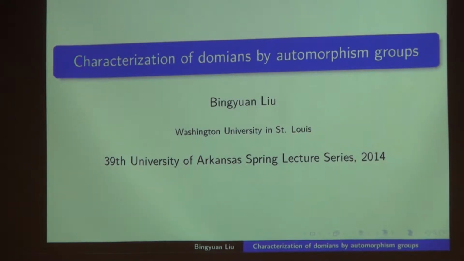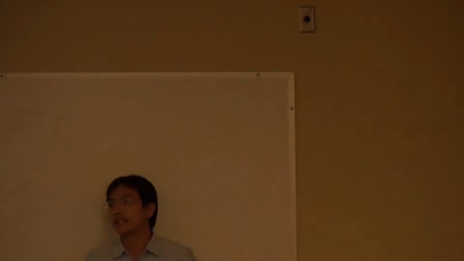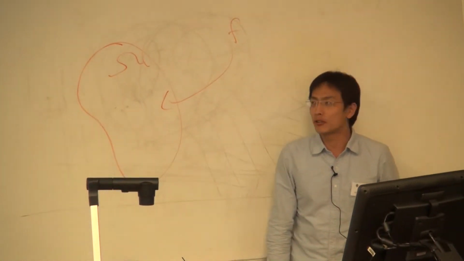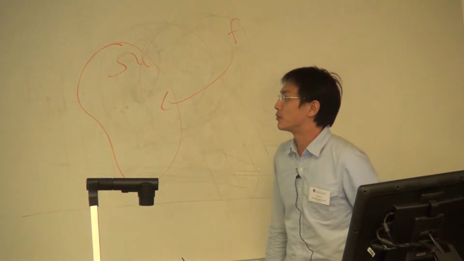There is a very classical, famous theorem by Cartan. He said that if omega is bounded in several complex variables, then the automorphism group is a Lie group, and